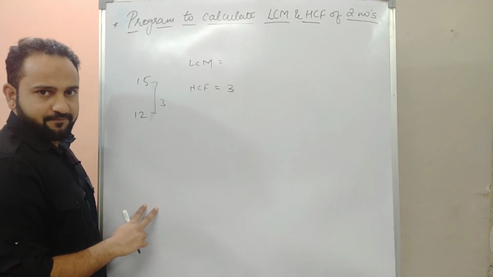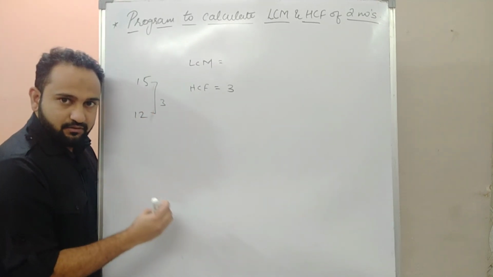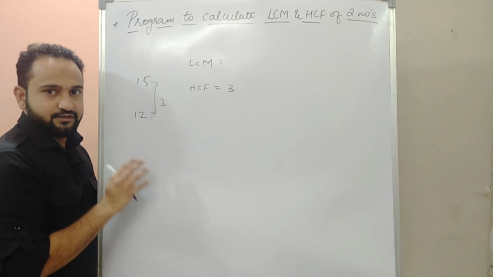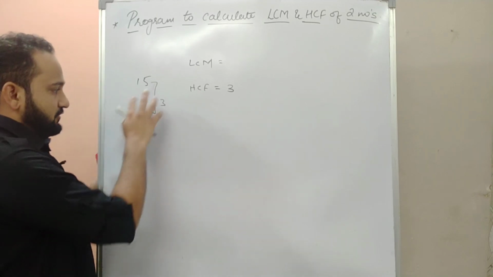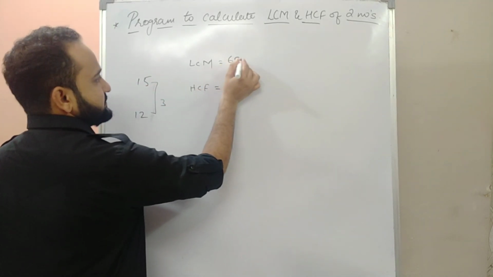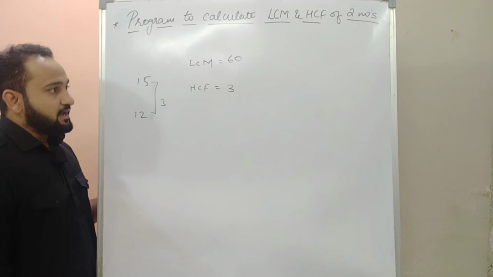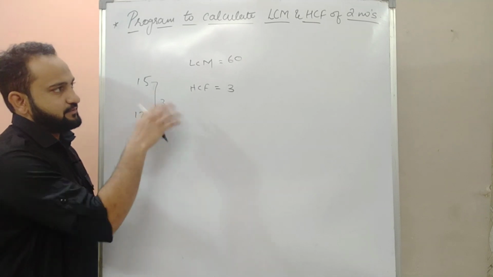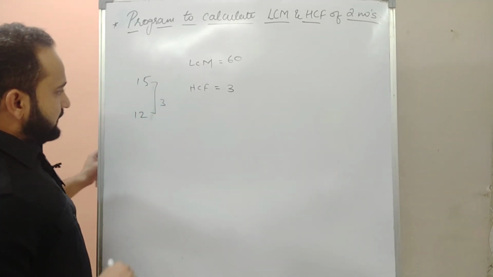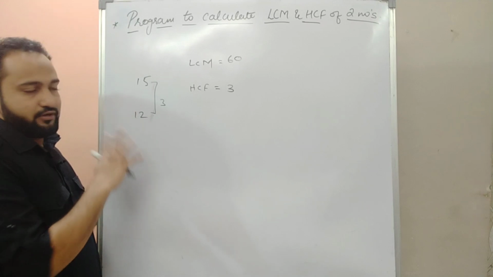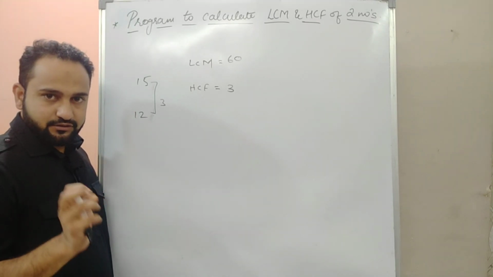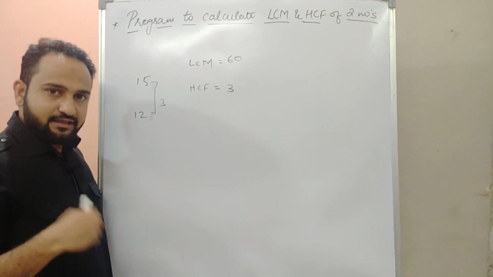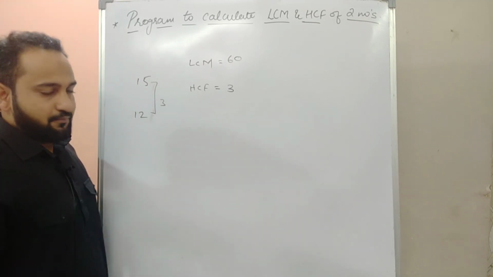What is LCM? Least common multiple. The lowest number which can be divided by both 12 and 15. That is the least common multiple. For 15 and 12, 60 is the LCM of it. Agree? Out of these two, what is the simplest to calculate? HCF, right? LCM is somewhat tougher to calculate. Now there are a lot of ways in mathematics to calculate this. I will first explain the basic or the simplest form to calculate the LCM and HCF, and then we will implement that in the program.